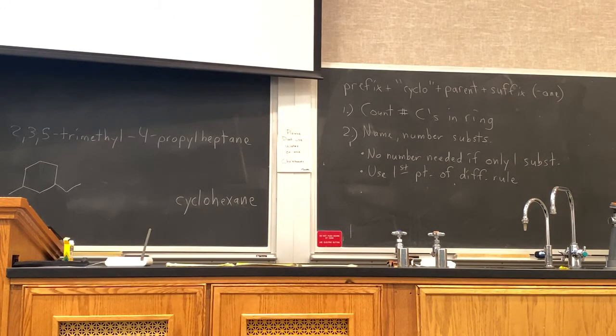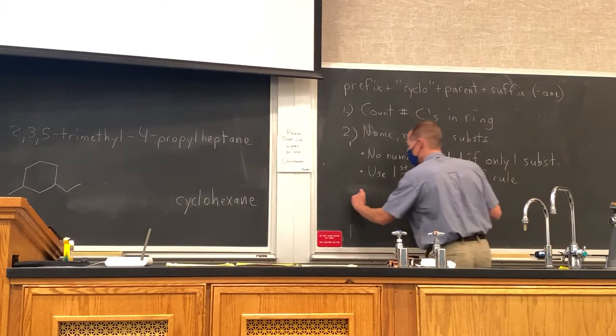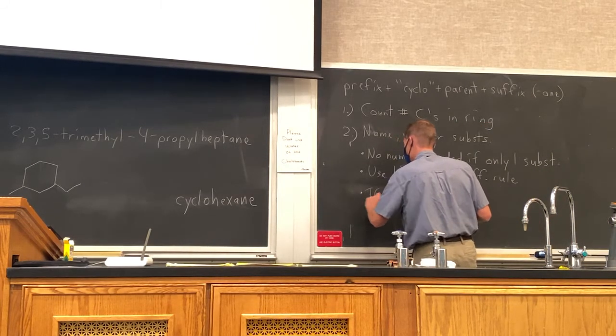So we have to have a starting point. That starting point is going to be a location where we have a substituent because we want carbon 1 to have a substituent, so we have low numbers. And then we're either going to go clockwise or counterclockwise in whichever direction gets us to the second substituent at a lower number. If there are 2 equal possibilities,